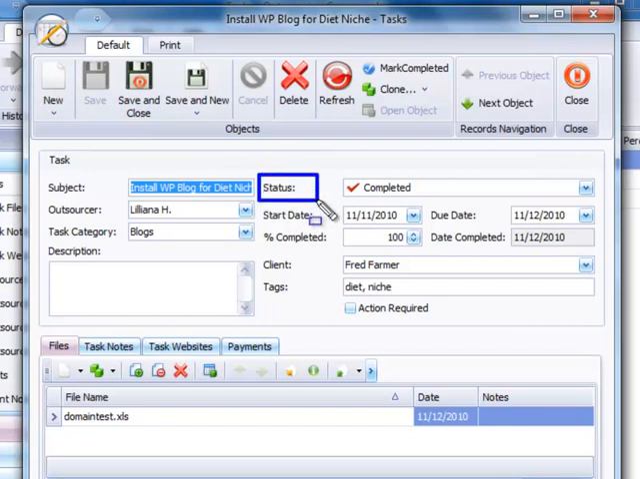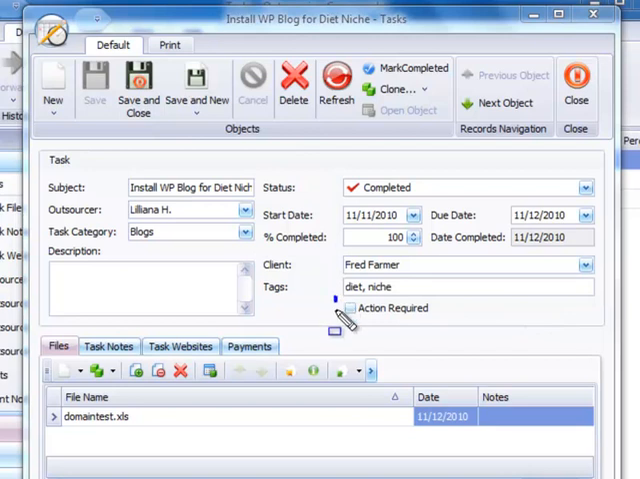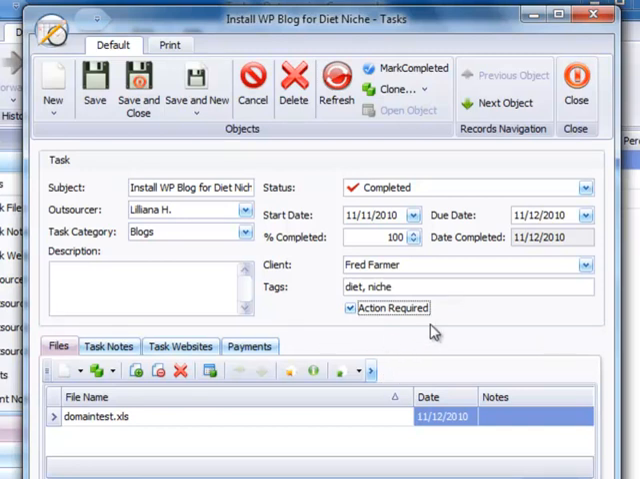You can see the status, you can see the start date and the complete date, you can see if it was assigned to a client, and whether or not you put tags. Tags are just like any other website or social media site that allows you to then search in the future based on those tags. You can also select whether or not there's action required. You can easily tell whether you checkmark something that it requires attention by you. So all the outsourcing, all task-related information, who the outsourcer is, what the category is, your description of the actual task,